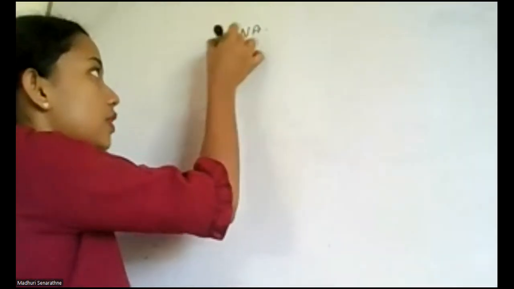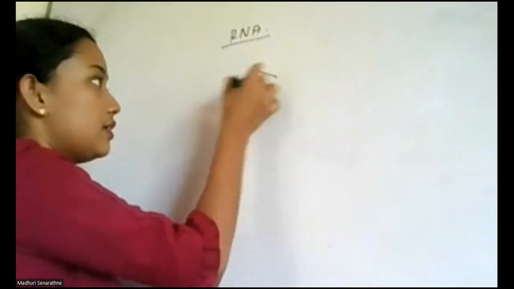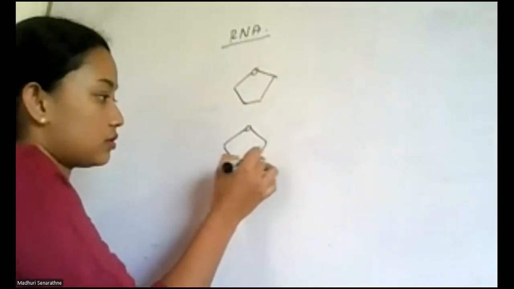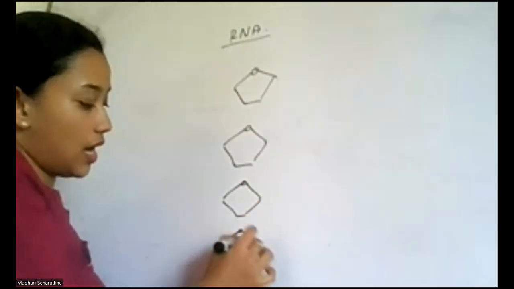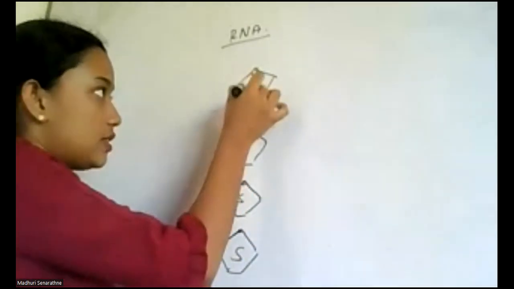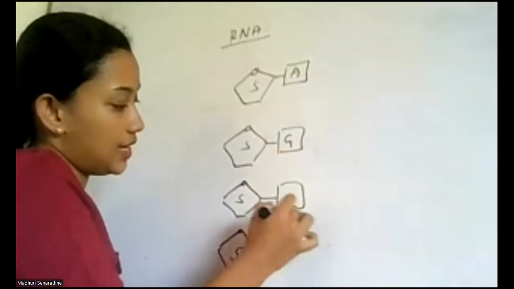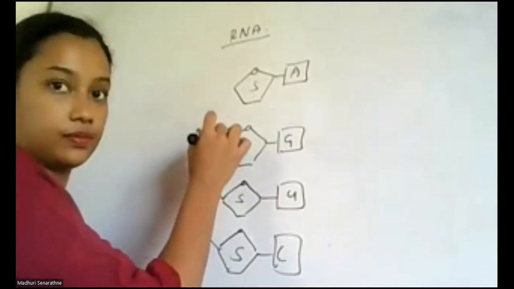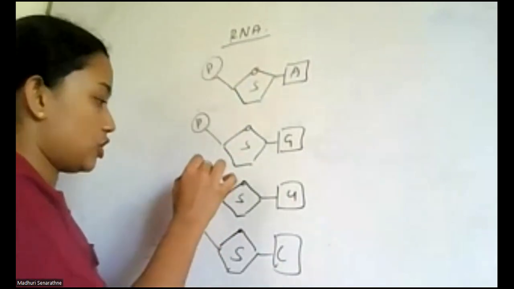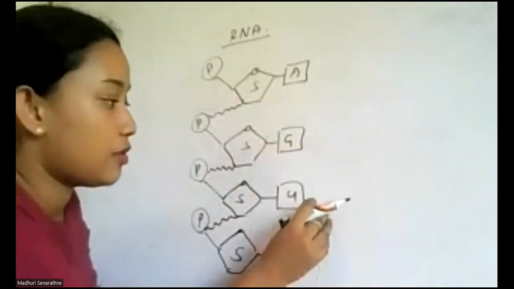Anyway, RNA molecule looks like this. It is a single strand. Ribose sugar, adenine, guanine, uracil, and cytosine. There is a phosphate group. Phosphodiester bond looks like this. No hydrogen bonds between two strands. They can make hydrogen bonds with